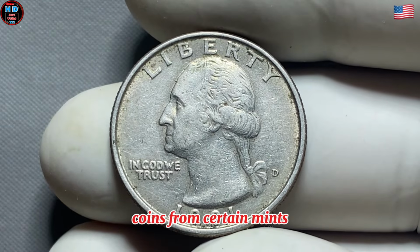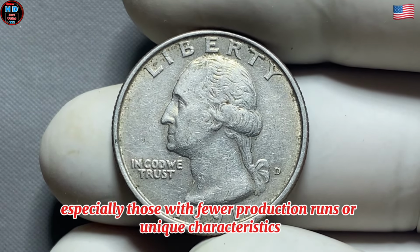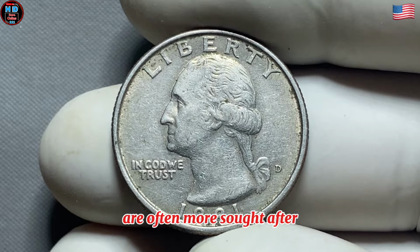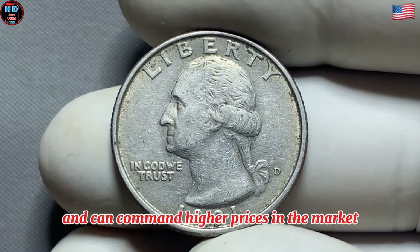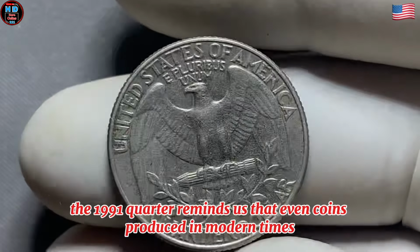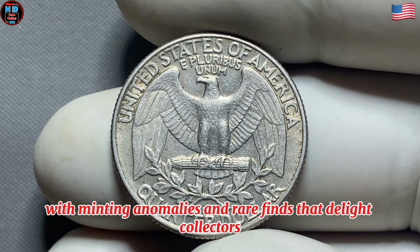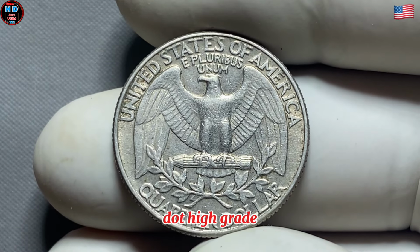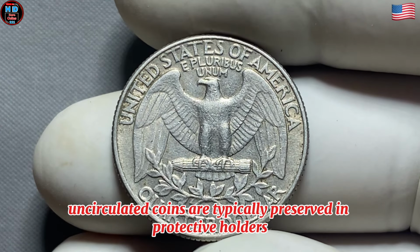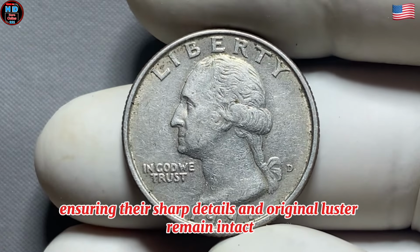Coins from certain mints, especially those with fewer production runs or unique characteristics, are often more sought after and can command higher prices in the market. The 1991 quarter reminds us that even coins produced in modern times can hold surprises, with minting anomalies and rare finds that delight collectors. High-grade uncirculated coins are typically preserved in protective holders, ensuring their sharp details and original luster